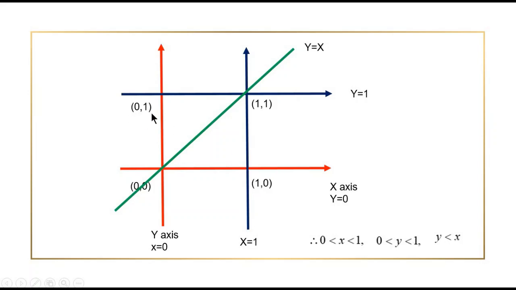So when you put (0, 1), that is x equal to 0 and y equal to 1, you get 1 less than 0, which is not possible. Therefore this point does not lie in our region. Therefore you have to consider the region which is below the green colored line. Since we have got this region, now this is our region where our joint PDF is defined. That is, in this region we have our joint PDF as 8xy.